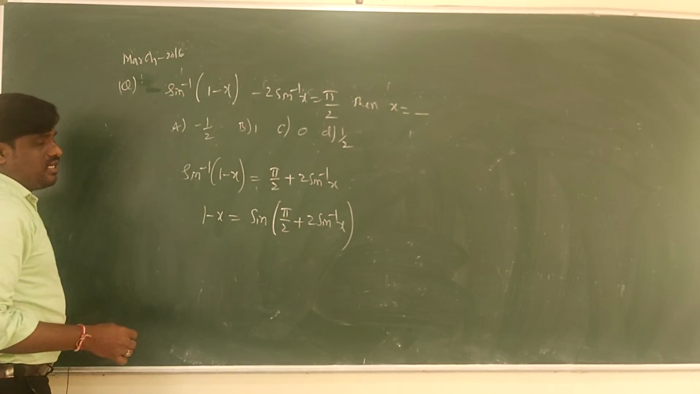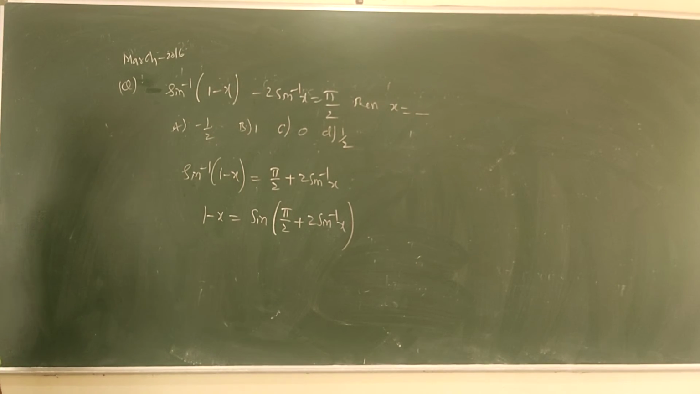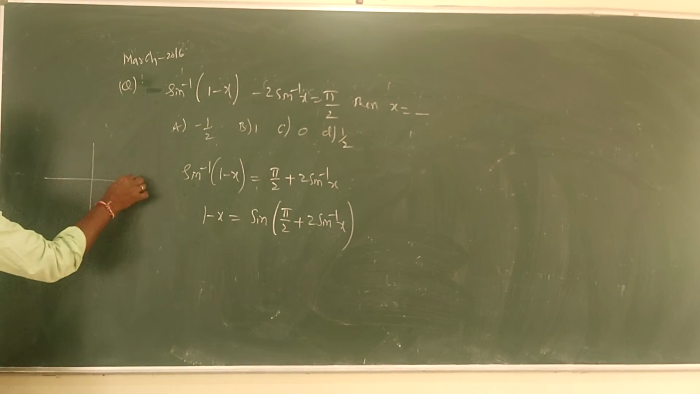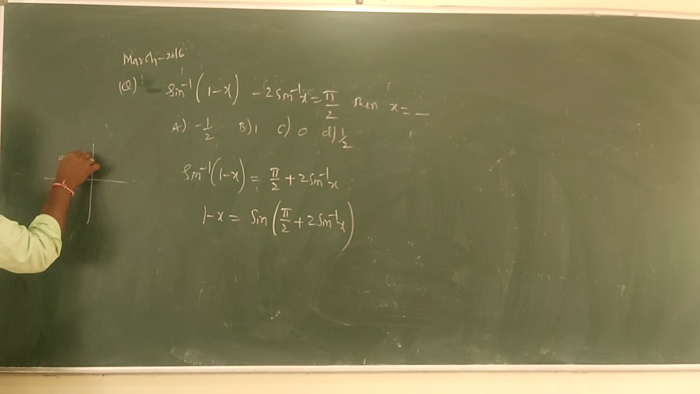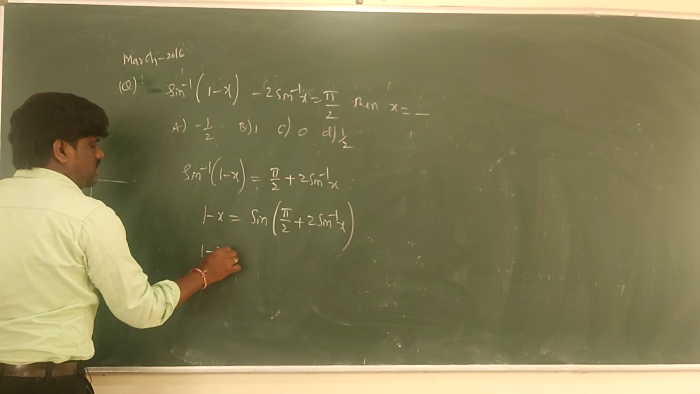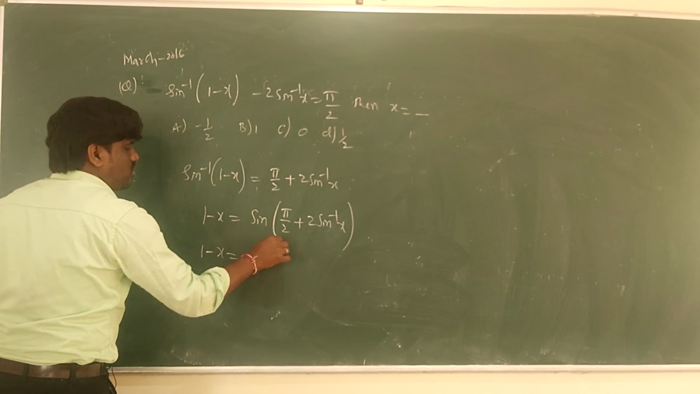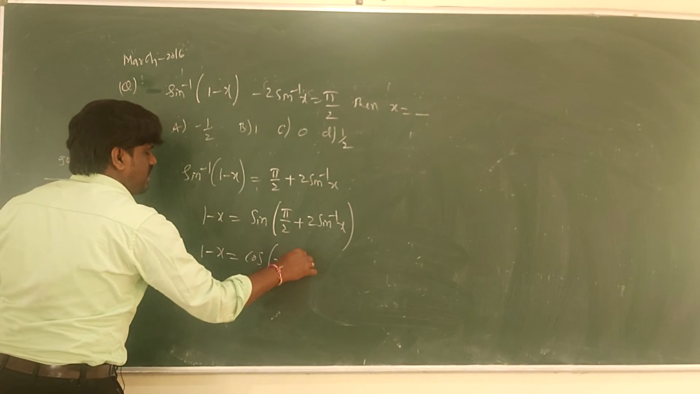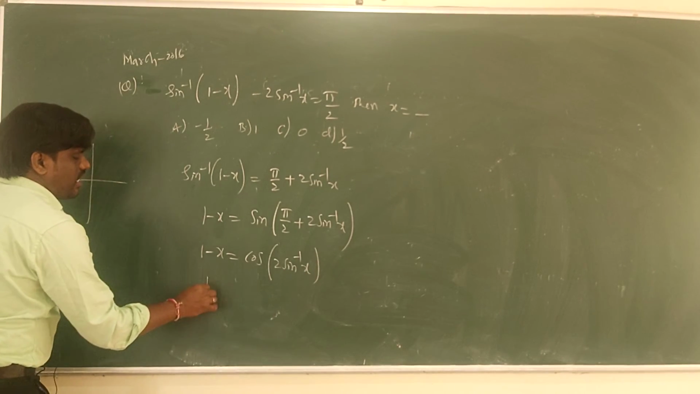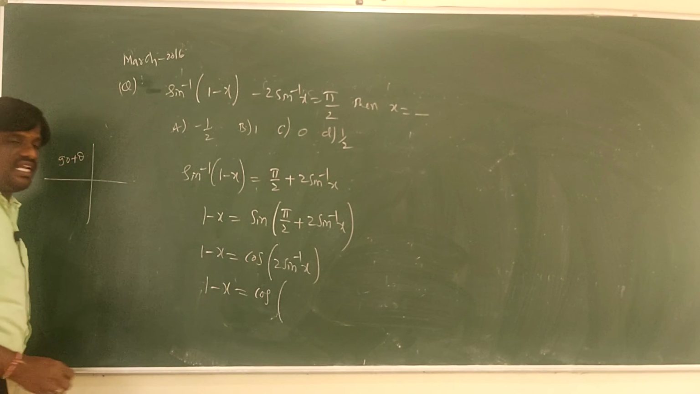As you know, sine 90 plus theta is what? Which quadrant? 90 plus theta is the second quadrant, and sine in this is positive. So sine 90 plus theta is cos theta. So I get cos of 2 sine inverse x. So I can write 1 minus x is equal to cos of 2 sine inverse x, which can be written as